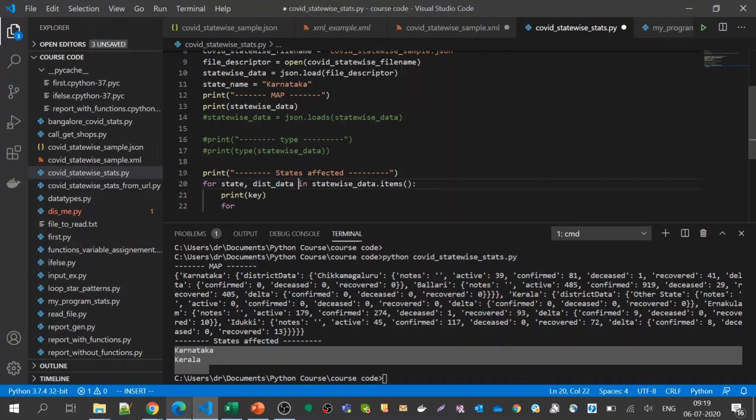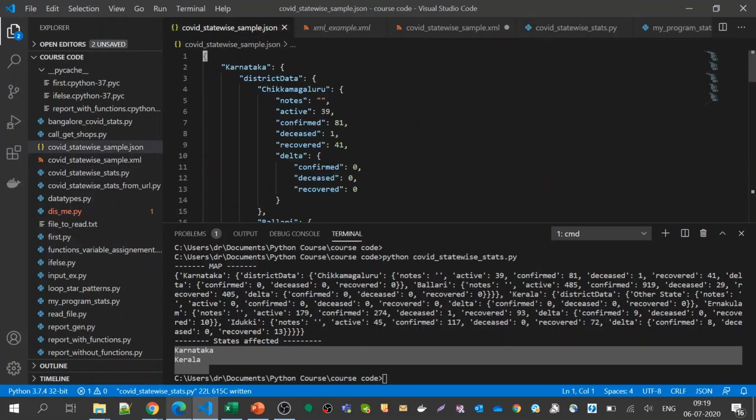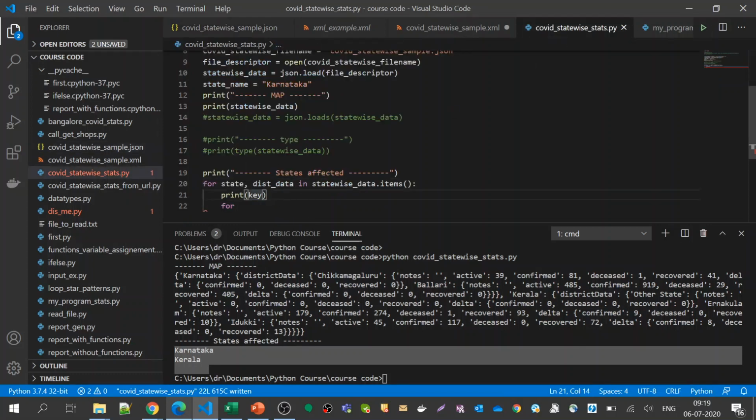These are states and this is district data, so these two will be the key and this is the value. I'm just giving two different variables.